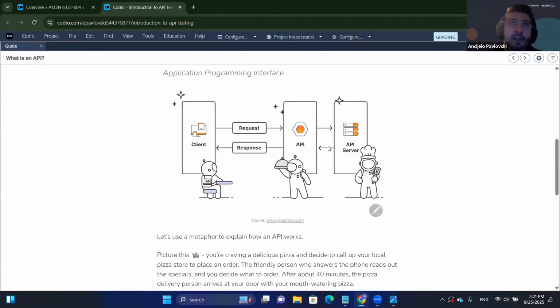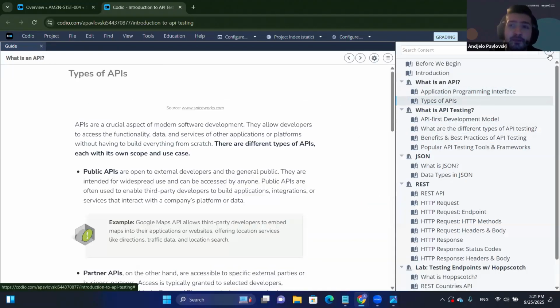And then the API, of course, is something that essentially enables this communication between the two parties. Is that okay? Yep, no worries. All right. If there are no other questions so far, I will move to the next section, which is types